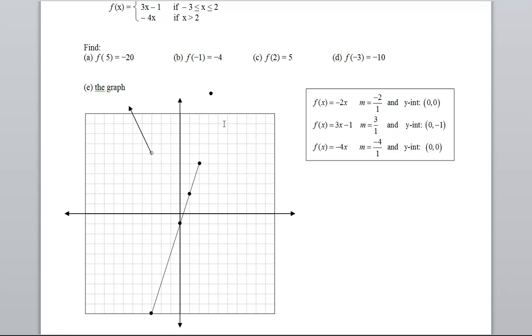The last one. -4x. So my slope is -4/1. Y-intercept is 0, 0. So come on, point. Let me get it at the origin. So it's something that you've already done. You just haven't had to do it in pieces. So I've got to go down 4. 1, 2, 3, 4, and over 1. I'm getting a little bit better at this. Okay, let me go get me